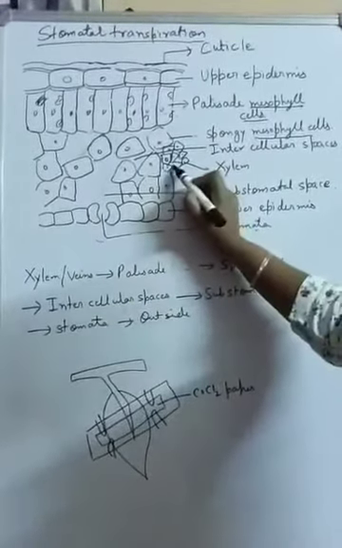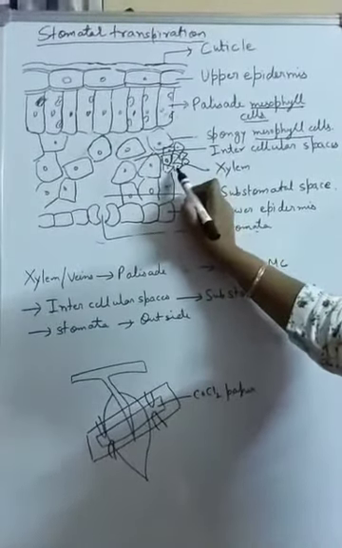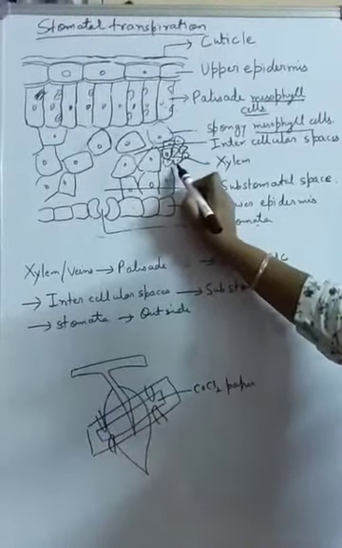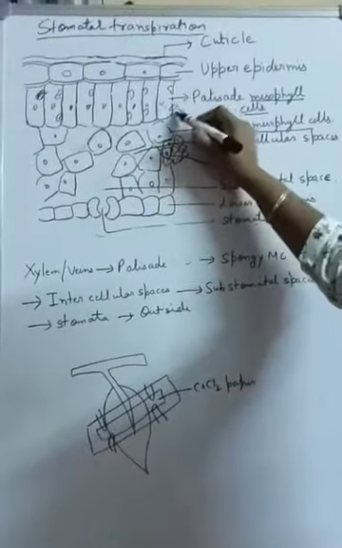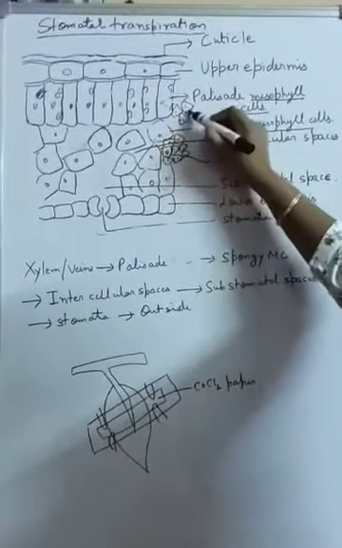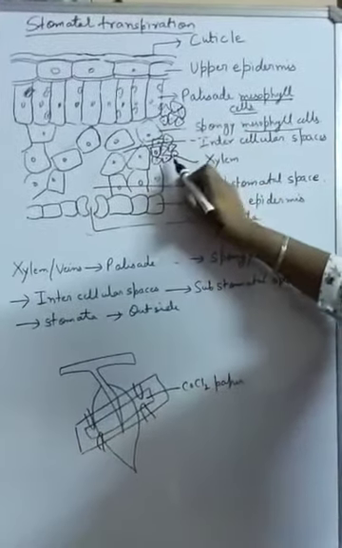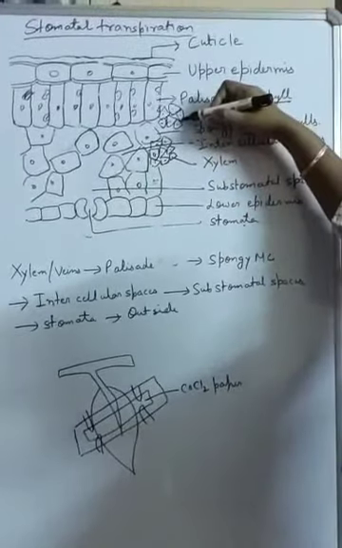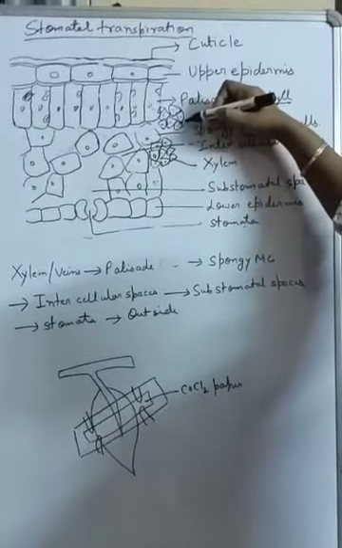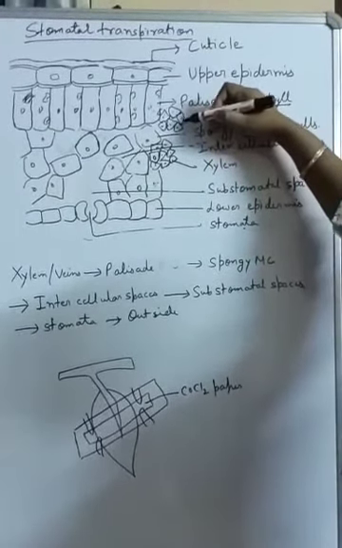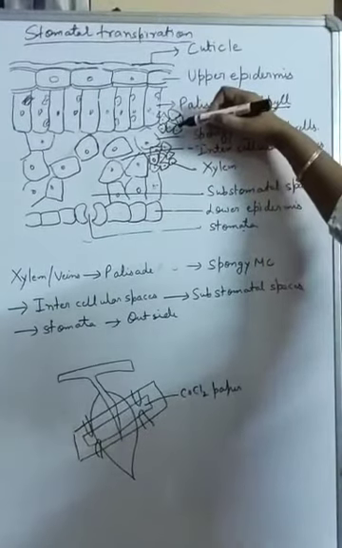And this I have drawn xylem here, which of course I have shown you just now. It is present inside the vein. We can draw some xylem here also. Okay. Like veins, because throughout leaf veins are there. Now what happens? The water comes through xylem. Okay. By the process we have already discussed, osmosis, transpiration pull, etc.